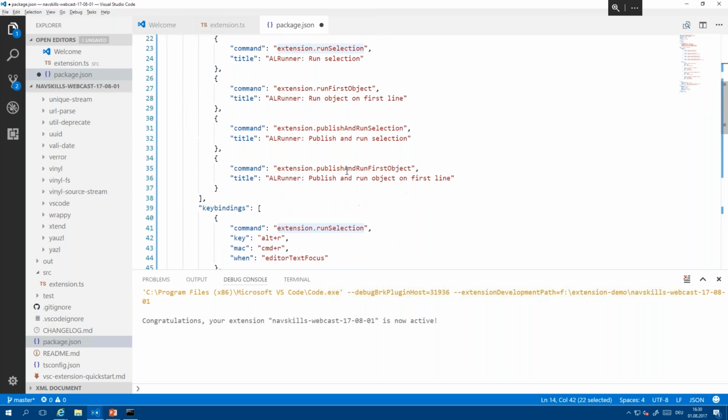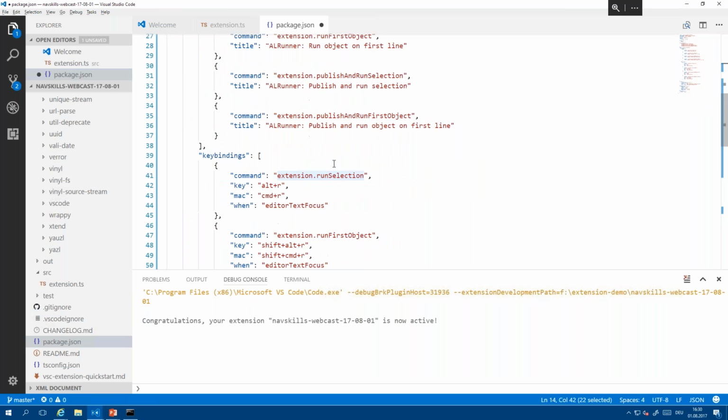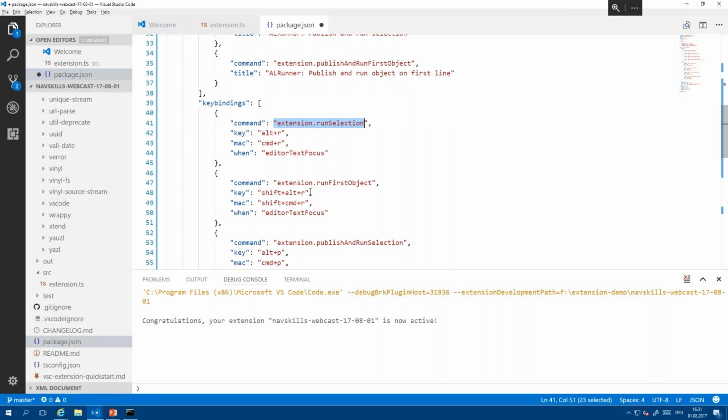And we're also adding some key bindings where you can enter for every command a key binding, also on a Mac or on all other environments, and it tells you that this is only happening if the editor is in focus. So if I'm somewhere else in VS Code and I'm pressing my key binding, it's not going to happen, but if I'm inside the editor, then my code is going to get called.